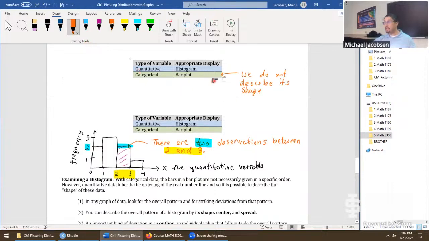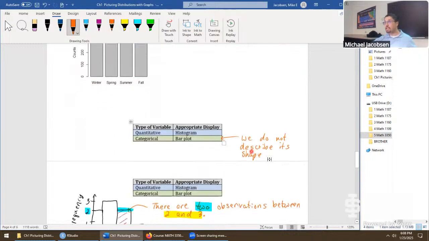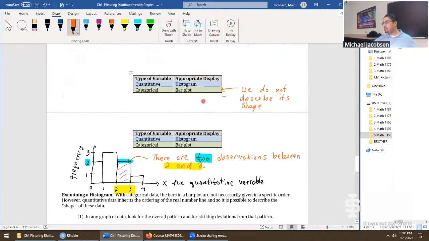And that's because, once again, you could rearrange the actual categories in a bar plot to show any shape you'd like. In fact, if this were just eye colors, not the seasons, then there's no ordering whatsoever between these values, and you could really give this any kind of shape. But the histogram, we do describe its shape.